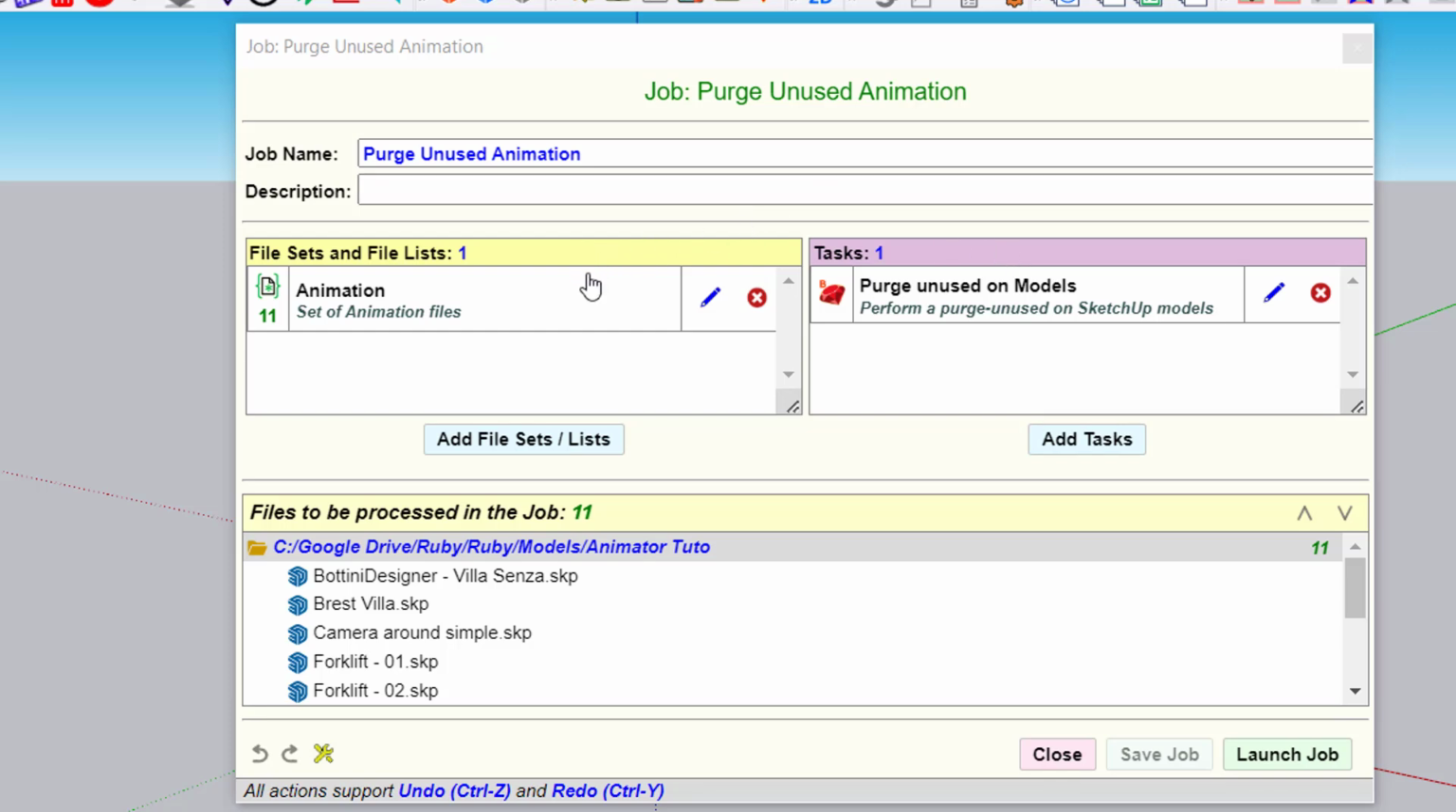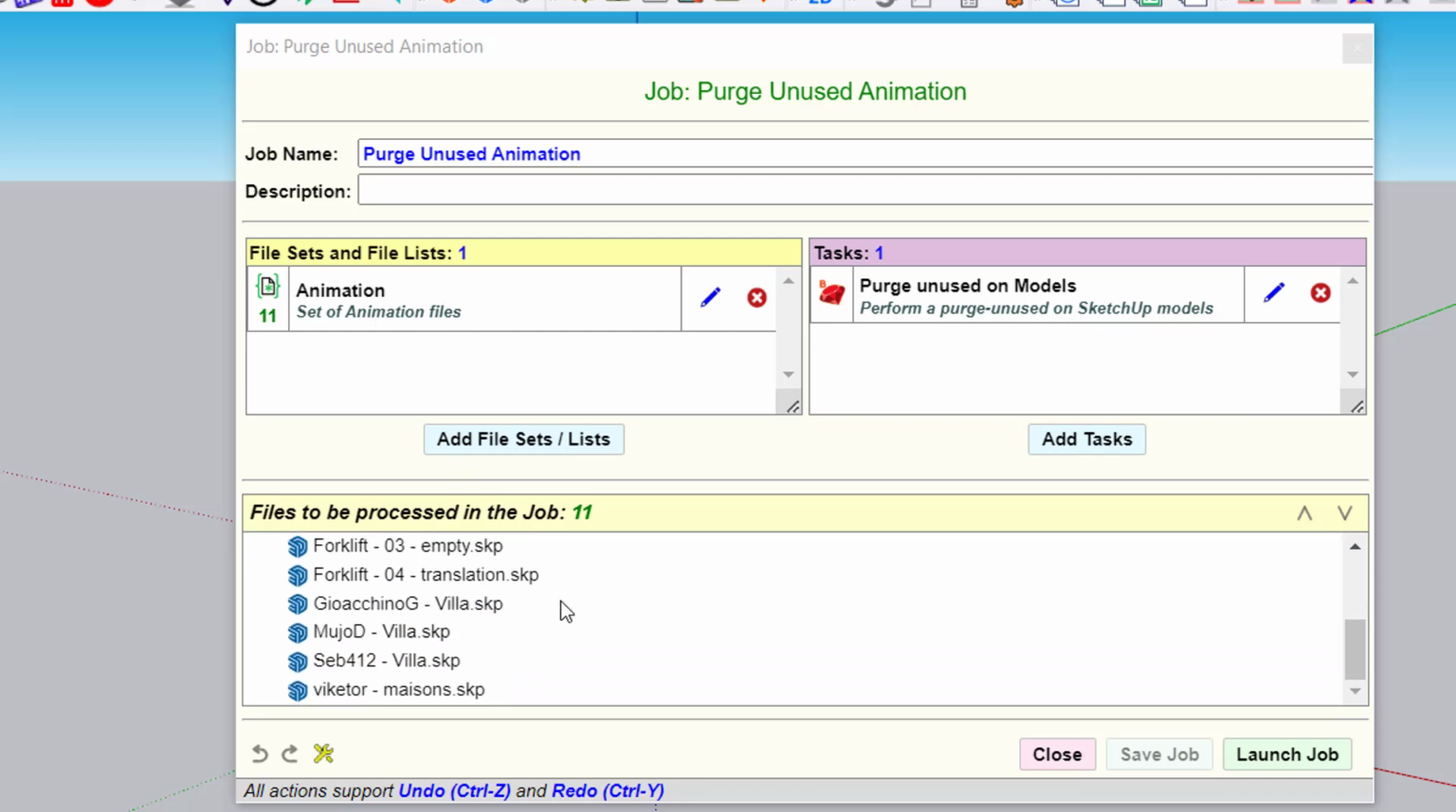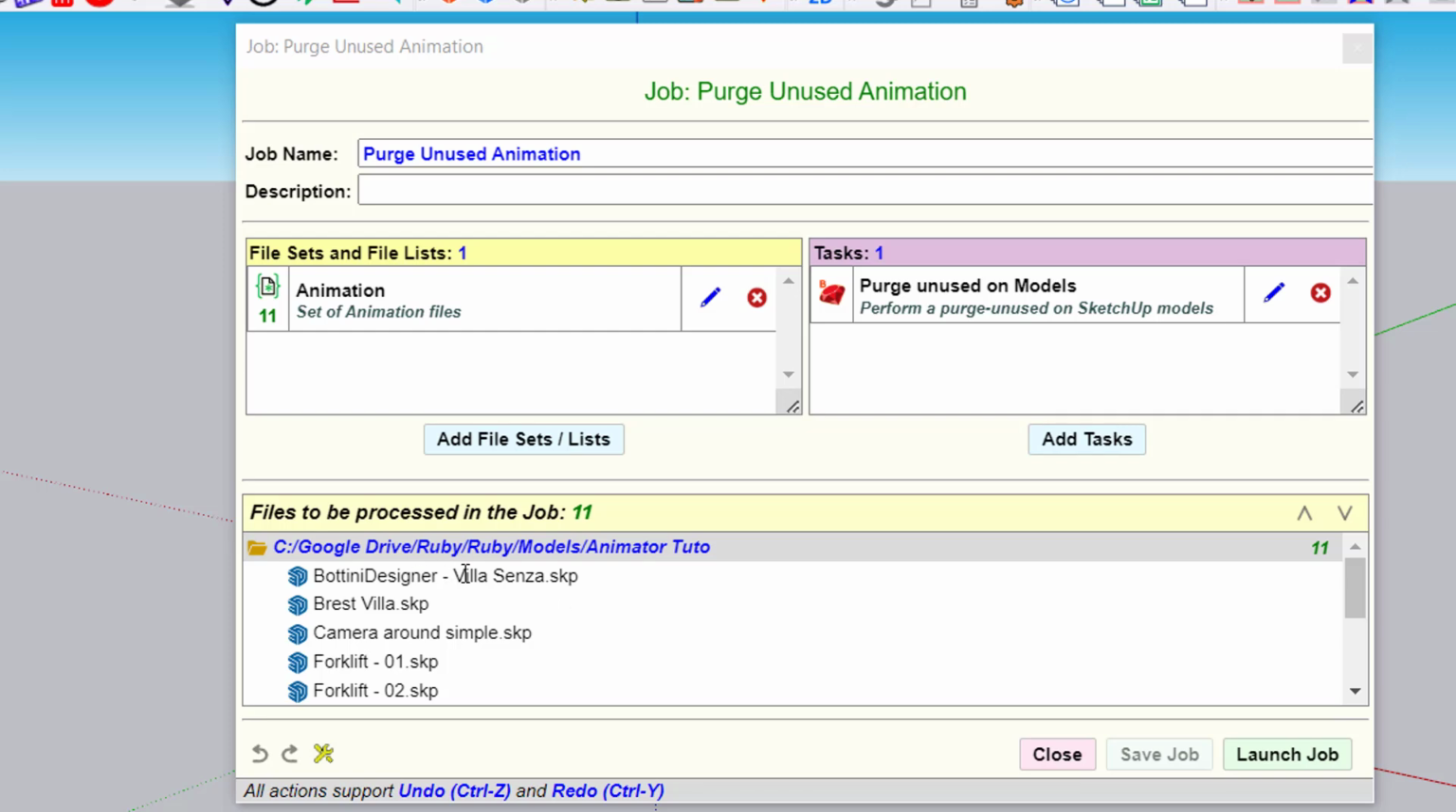Here we have a job. The task is to purge unused elements on the models, and the files are a set of 11 files taken randomly on my computer. So if I launch the job,